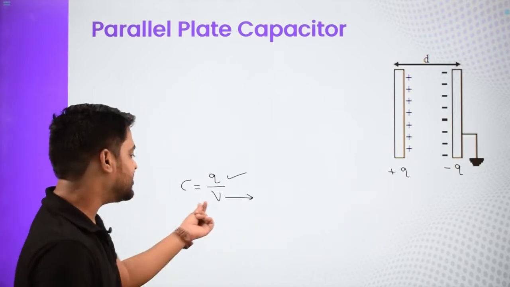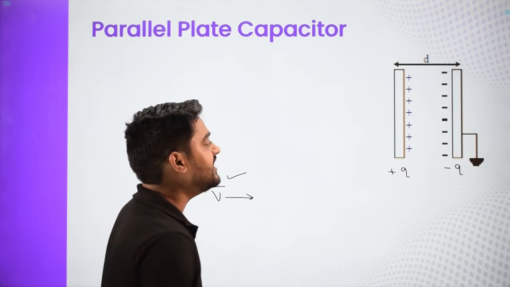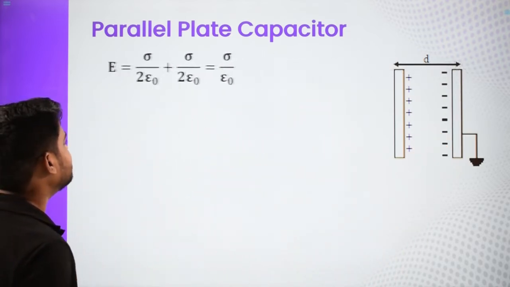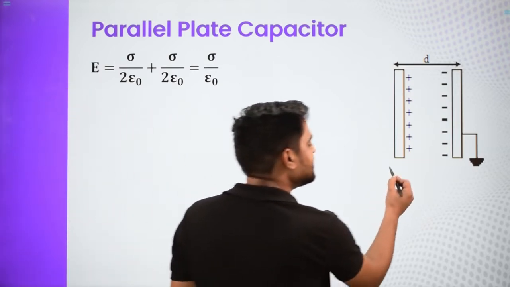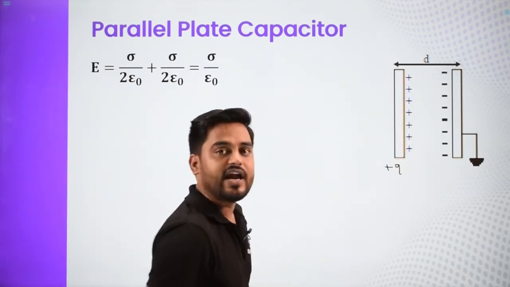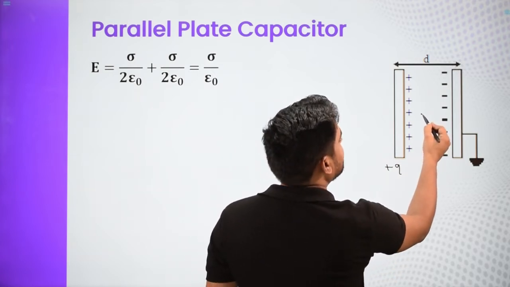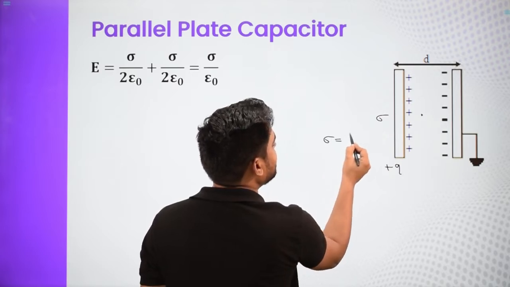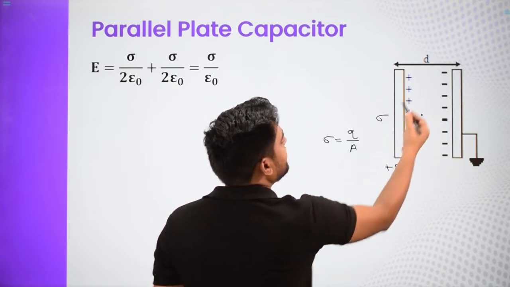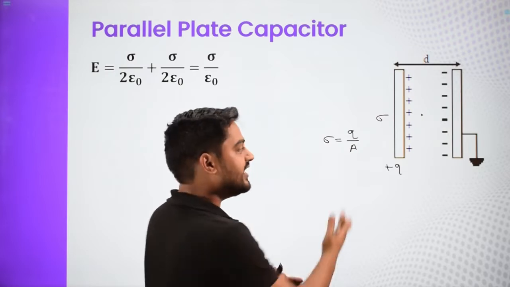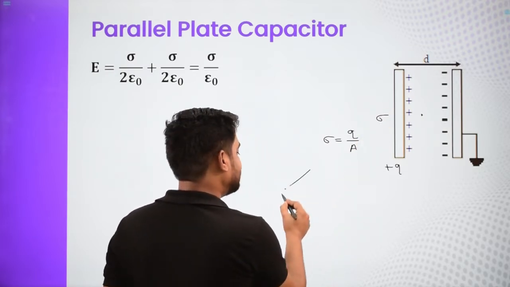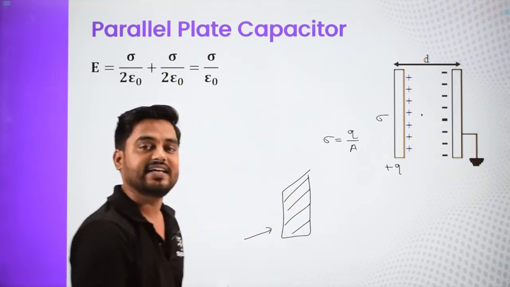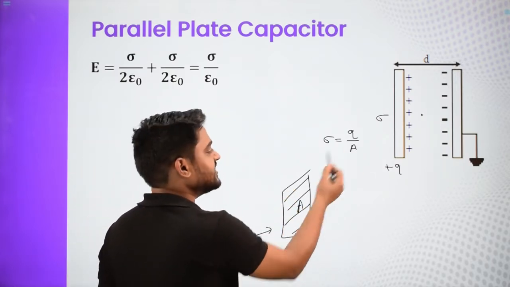And to get the potential difference between these 2 plates, I need to get the electric field in between them. So first, what is the electric field? Due to this positive plate, if the surface charge density is, let's say, sigma, that is nothing but Q by A. A is the area of this plate. Okay, the area is not visible in this figure, but it is a plate like this. We are looking at it from the side, so we cannot see the area. This is the area A which is used here.